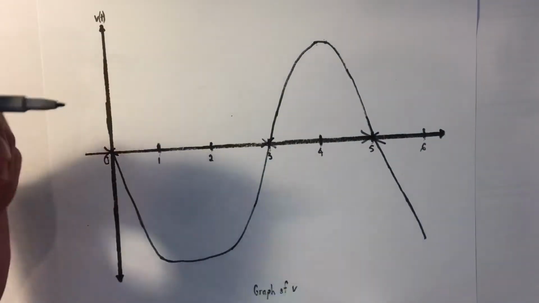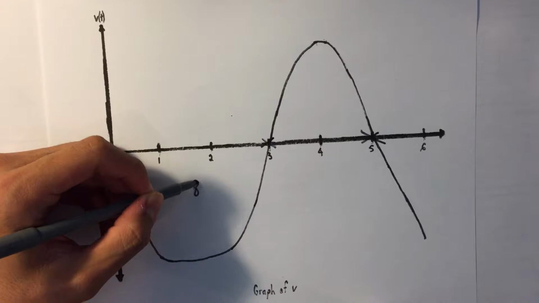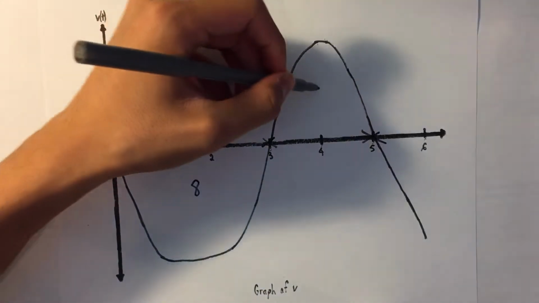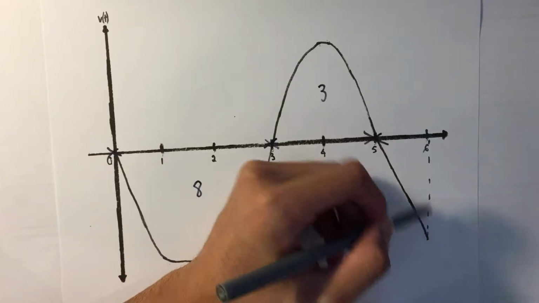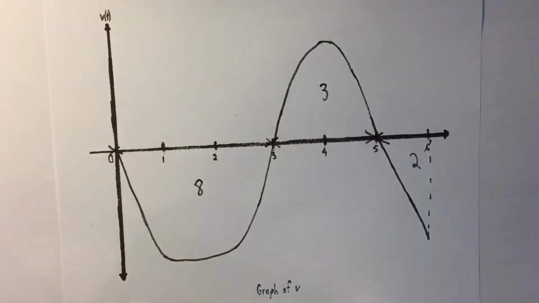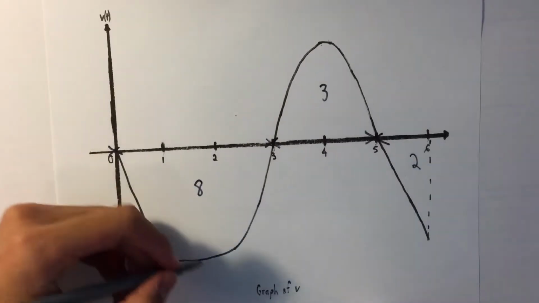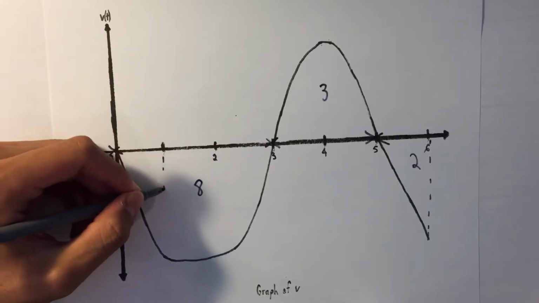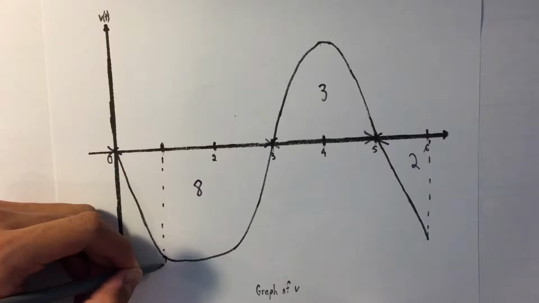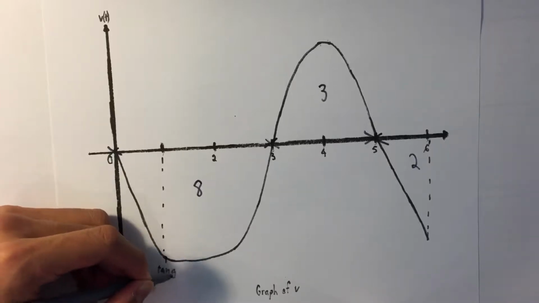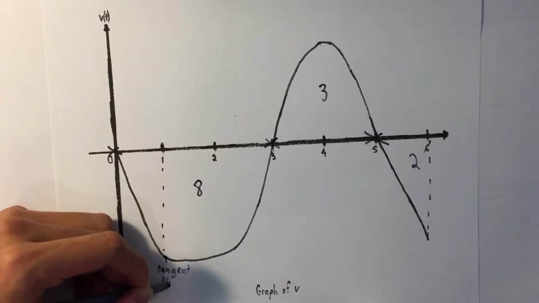The area here, we're given that it's 8. We are told that this area is 3. I'm just going to extend this line down here, and this is going to be an area of 2. So we're given those. Then at t equals 1, we know that there's a tangent line here